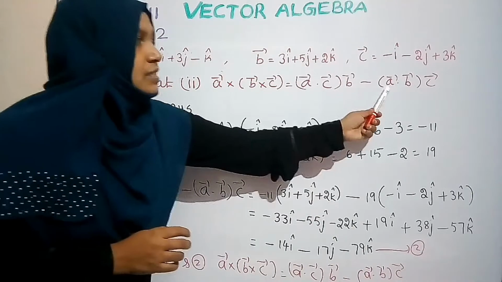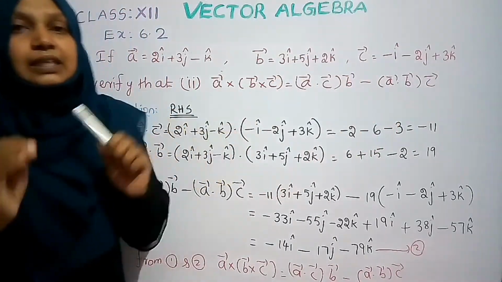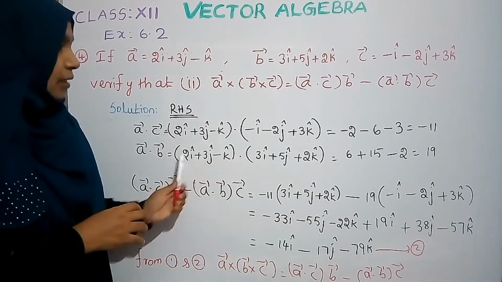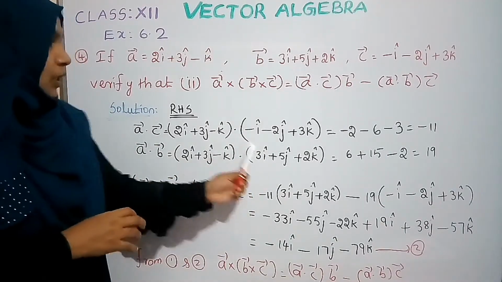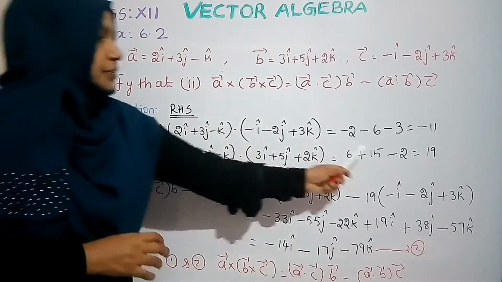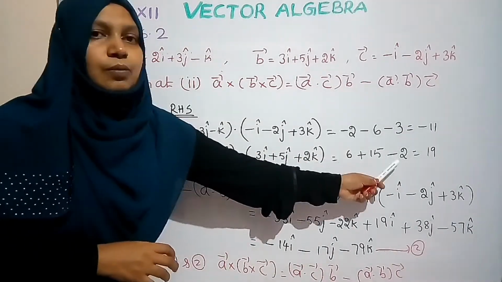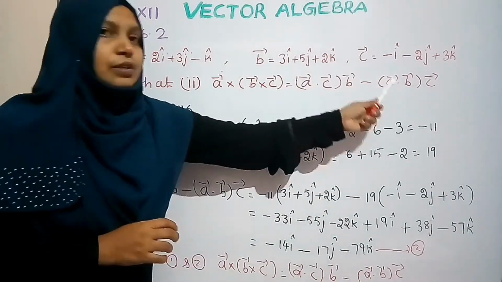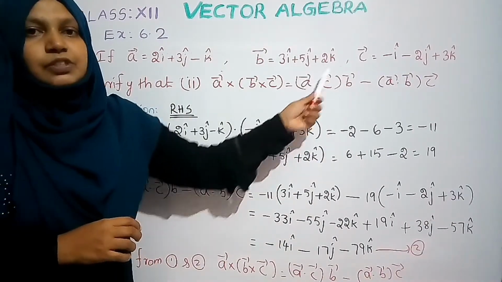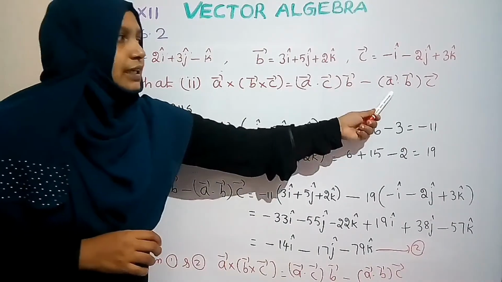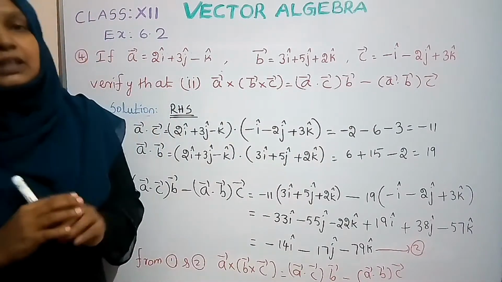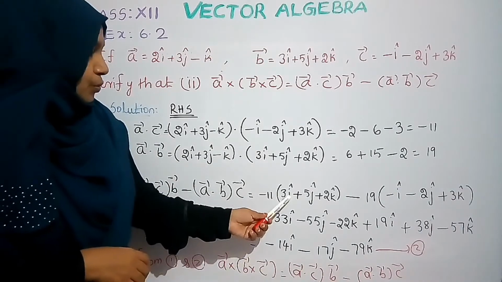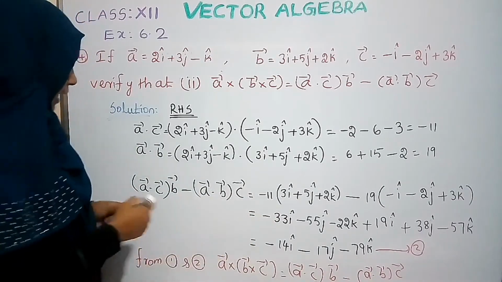After that, in the next term we have the dot product of A vector and B vector. So write A vector dot B vector, write the values and then multiply the coefficients. It is 2 into 3, 6, 3 into 5, 15 and minus 1 into 2, minus 2, which is 19. So using these two dot product values, the first dot product we should multiply with B vector, and then the second dot product we should multiply with C vector and then subtract. Okay. So therefore minus 11 into 3i vector. See, I wrote A vector.